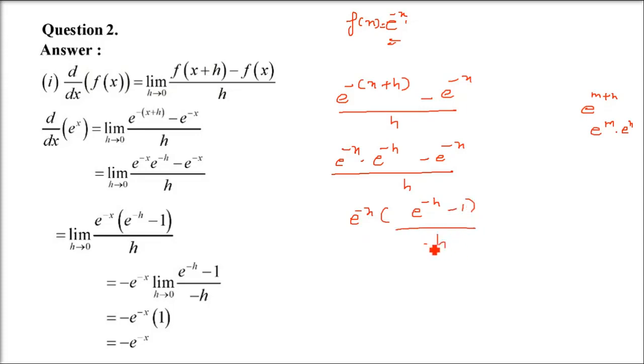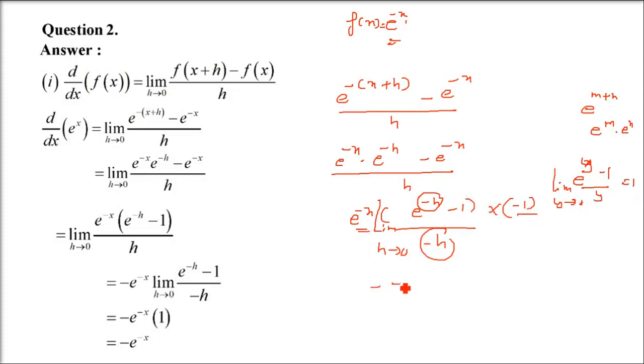So you have an h here, put minus 1 and multiply the numerator also by minus 1 because we have introduced this minus 1. Now this you see, e raised to theta minus 1 by theta. So limit h tends to 0. e raised to minus x is constant, so you can just take it outside. So e to the power theta or y or anything minus 1 by that y or theta or something, and that thing tends to 0 will be 1. So this is going to be 1, only minus 1 remains, and e raised to minus x will remain.